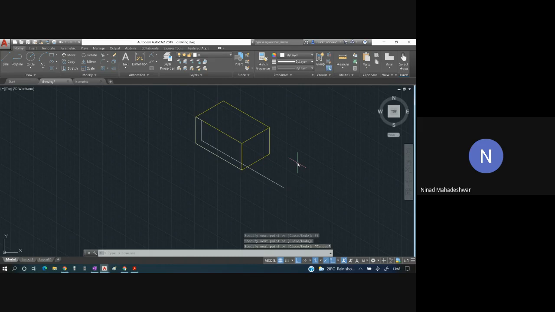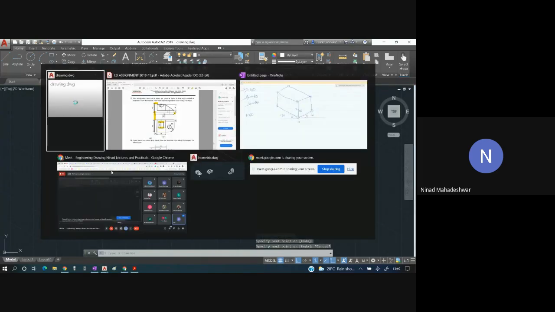Once you have extended this, Control A, you can trim. Trim this part also, and this part also. Once this is done, select line again and draw it over here. Everybody has understood. So we have drawn.